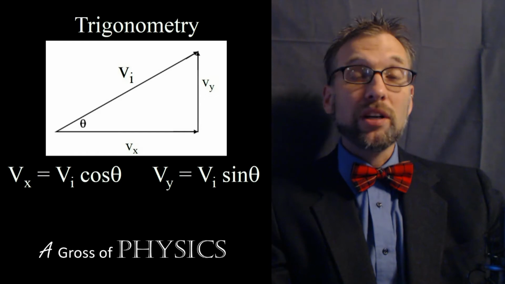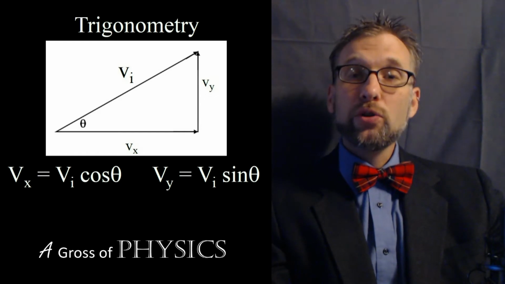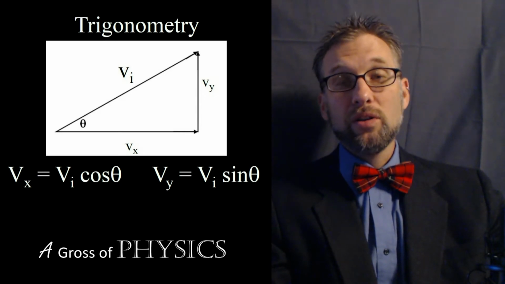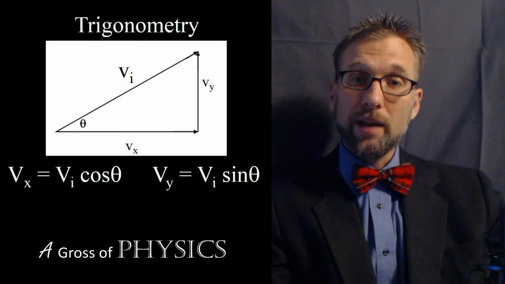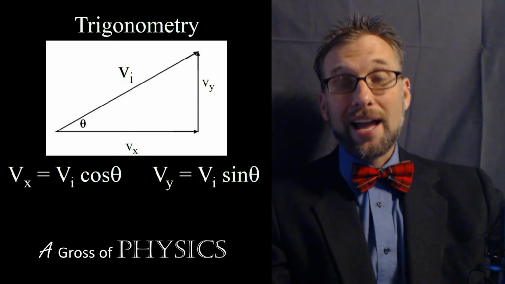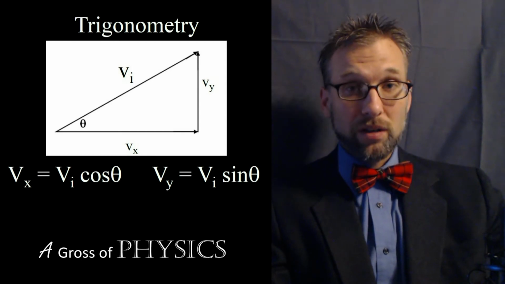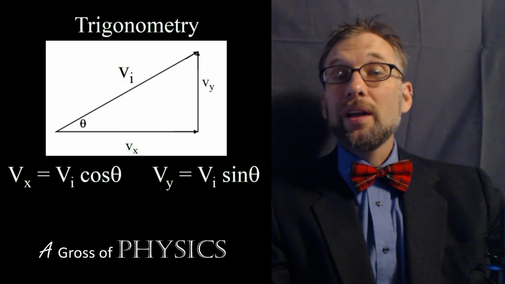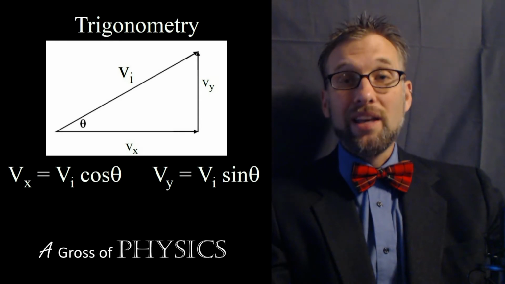Instead, what we need to do is look at the trig functions. And there are two trig functions that we'll typically use in order to do this. We're going to use sine and cosine. Now, as long as the angle is with respect to the horizontal axis, meaning that it's from the ground, what we're going to be able to do is use cosine to find the x component and sine to find the